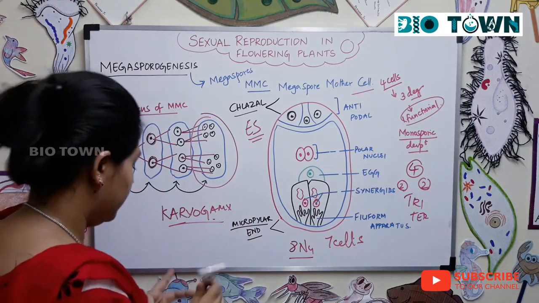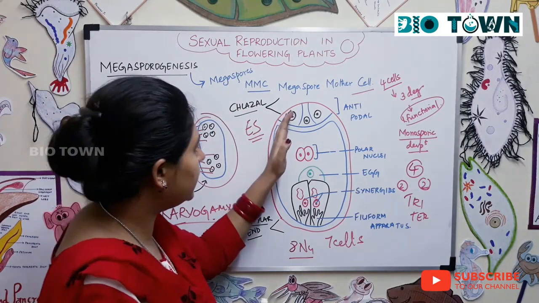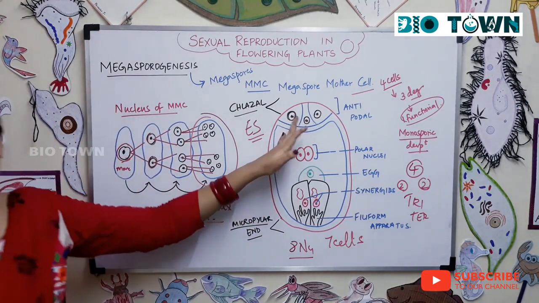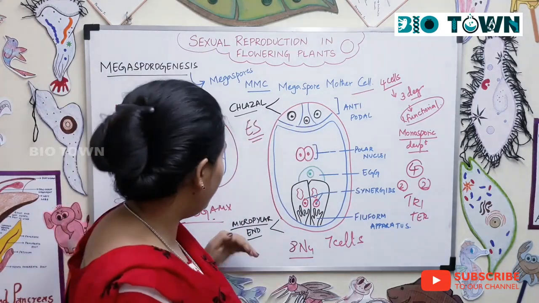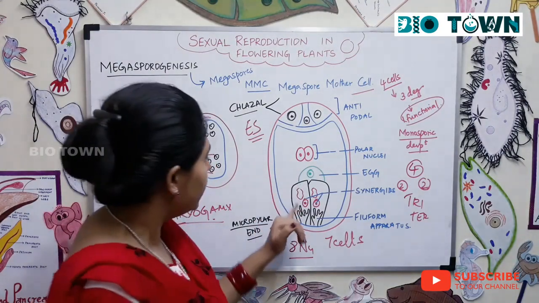Okay. Now what exactly happens? Now in the chalazal pole, you have 3 nuclei and you call them the antipodal nuclei. So 3 nuclei. And now in the micropylar end, you have another 3 nuclei. The first